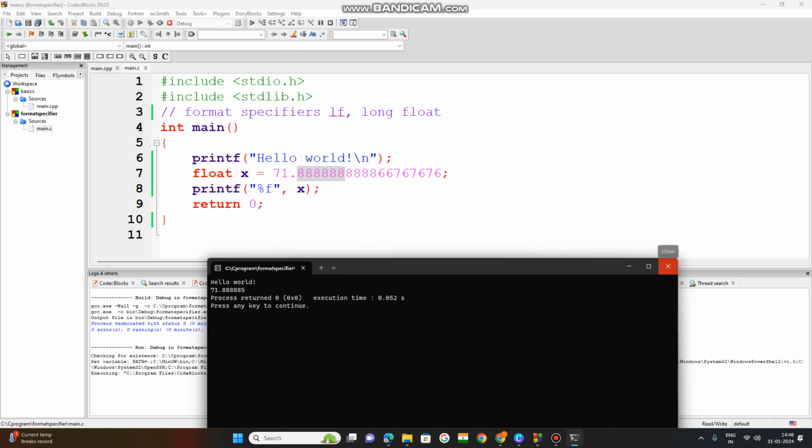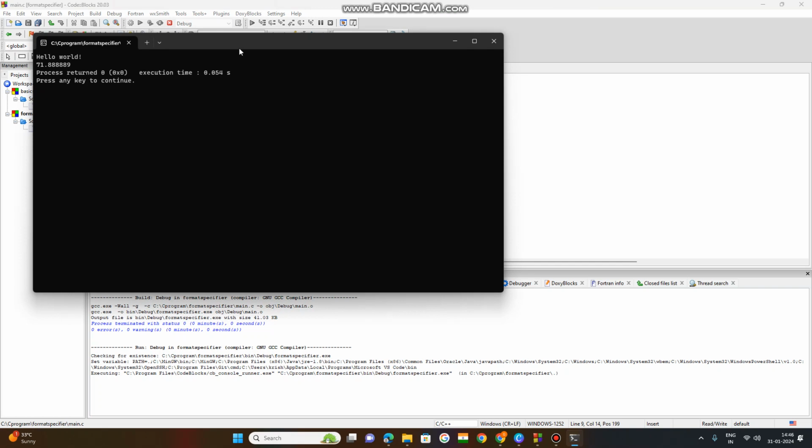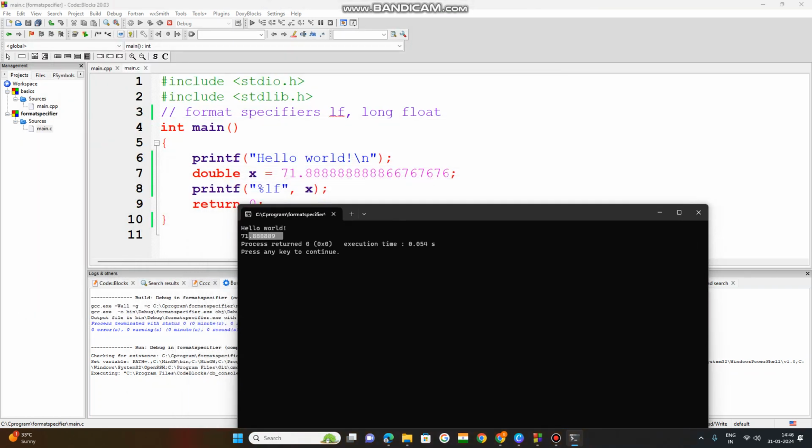So if I want to get the total, you need to declare this as double. Then you need to use the format specifier LF, meaning long float. Run this code now. You are getting only this much. Okay, I want to get